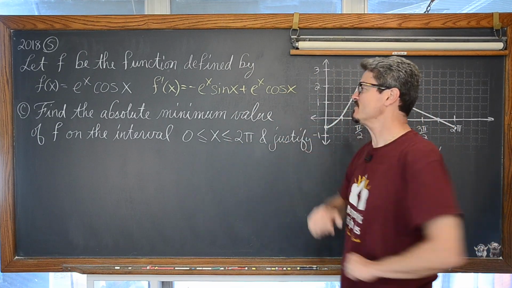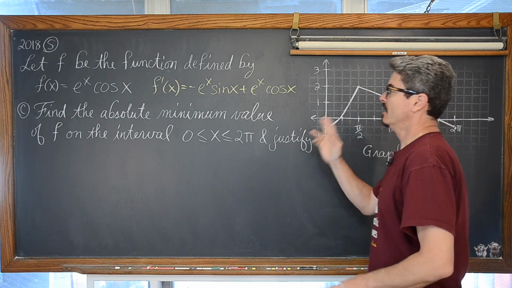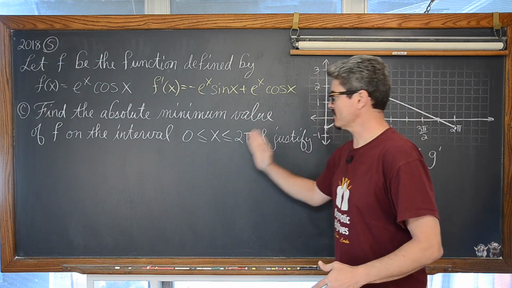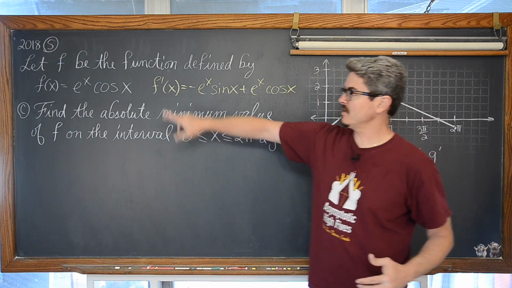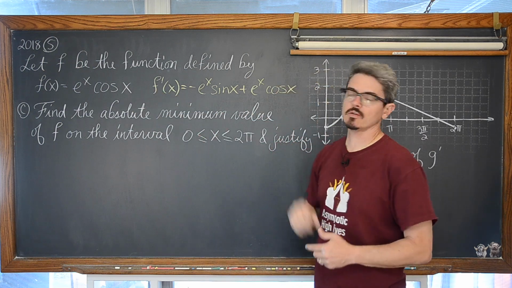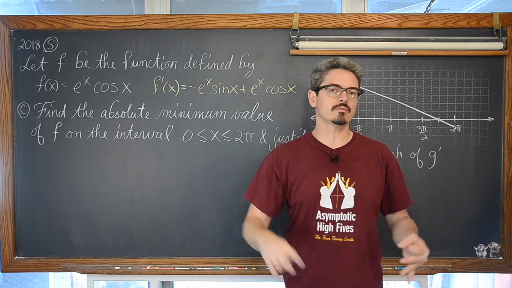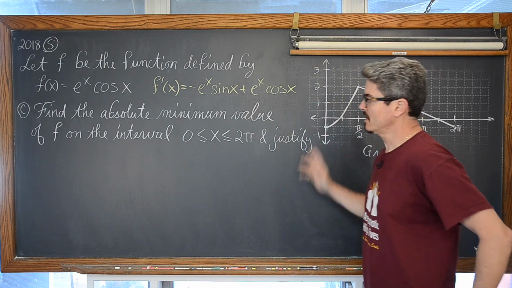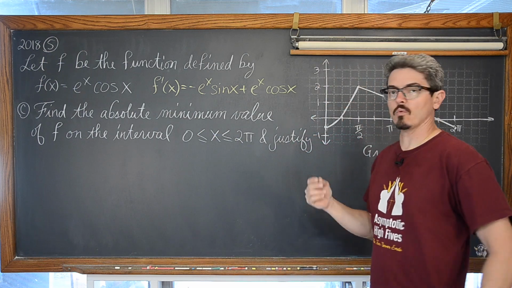Part C, we're going to find the absolute minimum value of f on this closed interval from where x is going from 0 to 2 pi. With your free response questions, and they give you these functions, whenever they start talking about a closed interval, nearly all the time, intermediate value theorem, extreme value theorem, mean value theorem. And here, they're giving us the closed interval on the same question where they're asking for the absolute minimum. Well, where do you find that?